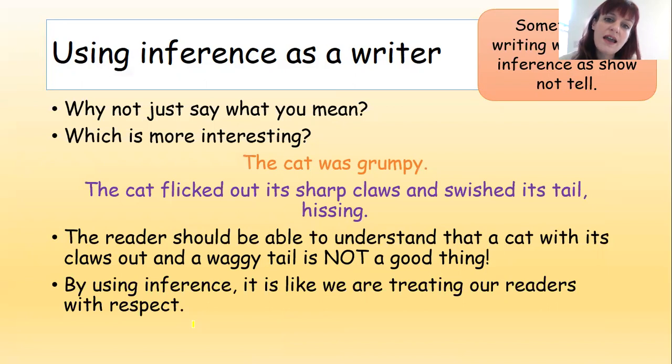It's the reason why you don't go back and read maybe those stories that you read when you were 3. The dog is blue, the cat is green, the cat sits on the mat, because you're beyond them and they're boring because you can read them easily. And using inference shows that level of complexity in your writing, and that you are also appealing for a reader who is at the same enjoyment level that you are.